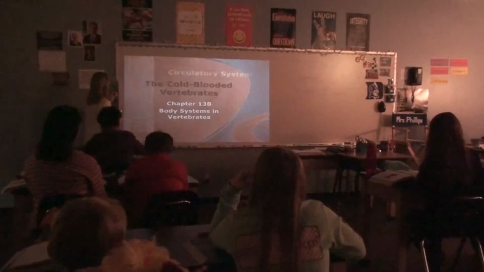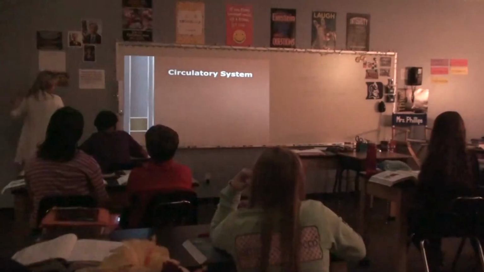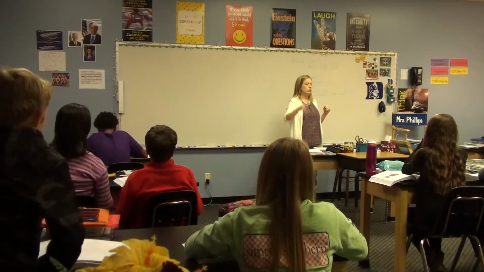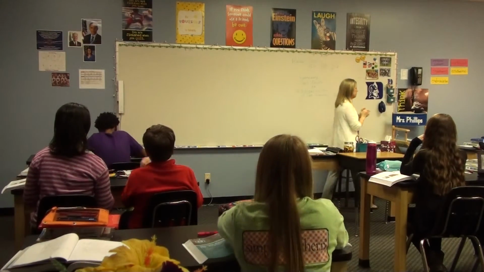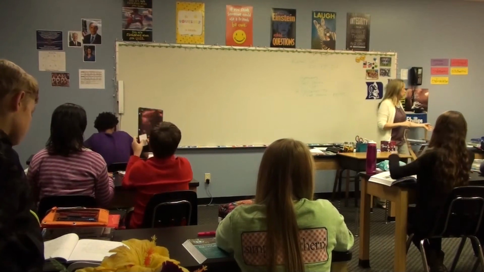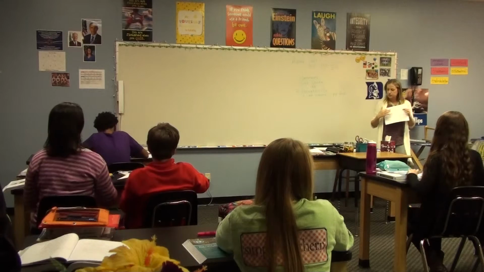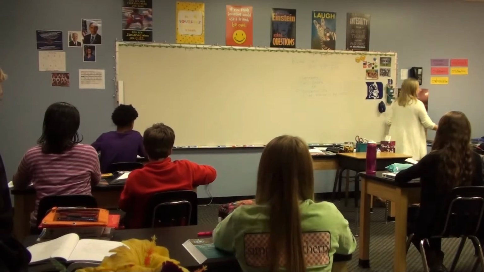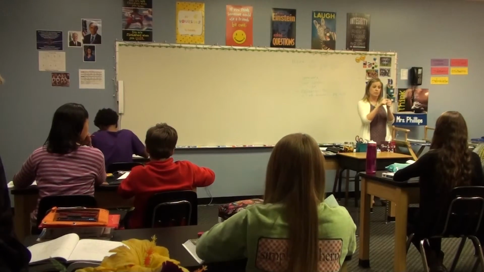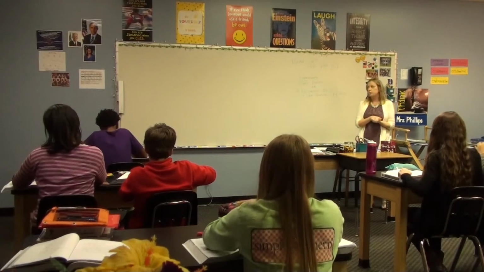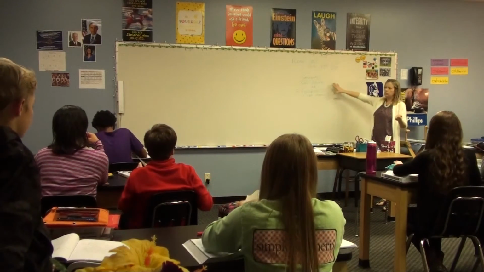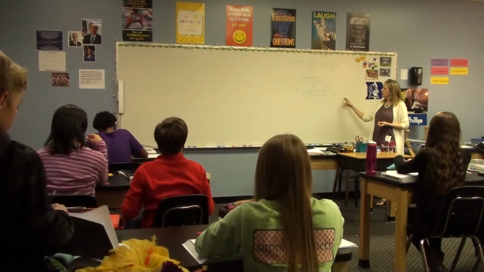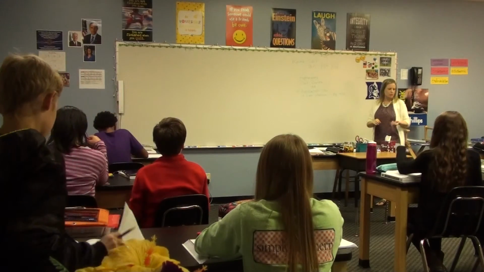Okay, so that is all your notes for 13A. You have about 5 minutes to first of all make sure the KWL chart is completed, and that's in your science folder. On this chart, everybody look at it and make sure you have chapter 13, cold-blooded vertebrates. Is that what you have on here? Yeah. Okay, so that goes in your science folder. Make sure you have your flashcards paper clipped. You can keep it in your science folder or in your notebook. And then here's your homework and in-class assignments. You're going to do the section review 13A, and then you're also going to do the application 13A in your lab manual.